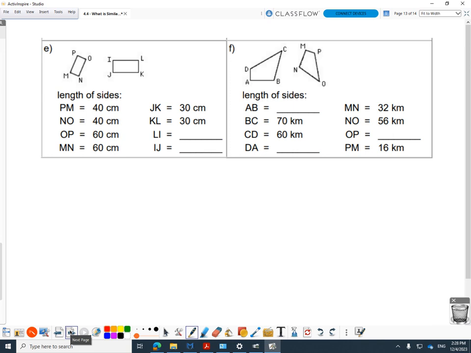Does anyone think they can set up the proportion to figure out the unknown? Oh, both answers are going to be the same, aren't they? What's the first fraction in the proportion? Who's ready? 40. 40 over 30